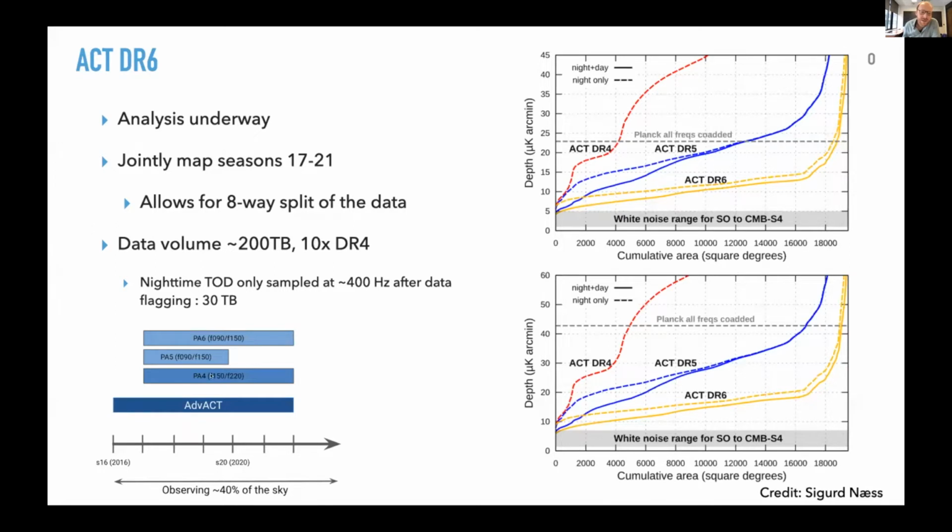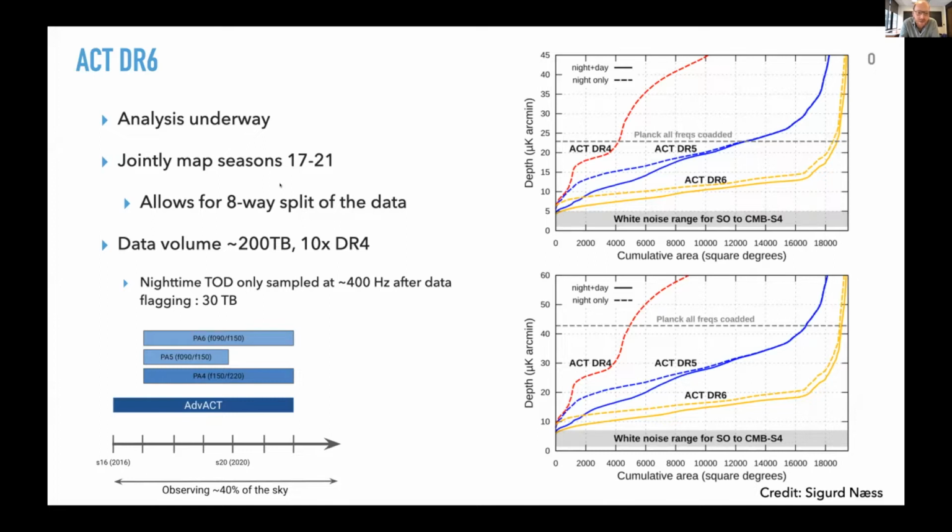So these three frequencies, 90, 150, and 220 gigahertz, of these new detector arrays. And what we're specifically including is the data from season 17 to season 2021. And we have chosen to jointly map all of the seasons. So previously we would map different seasons separately. Now we've mapped all of it together,